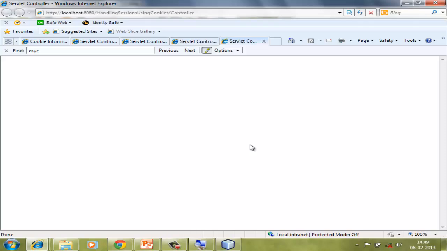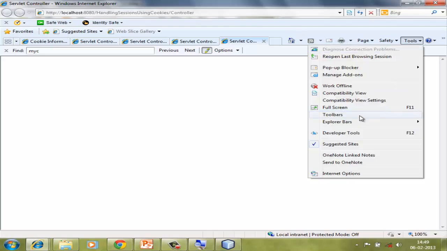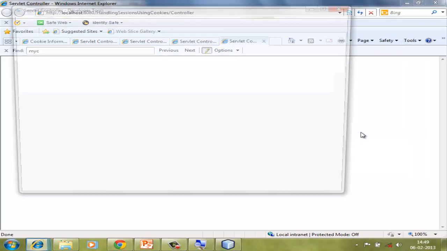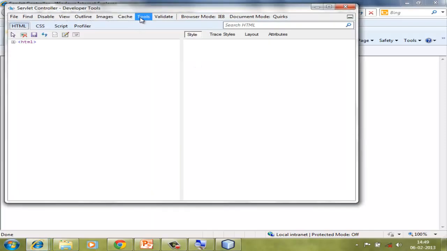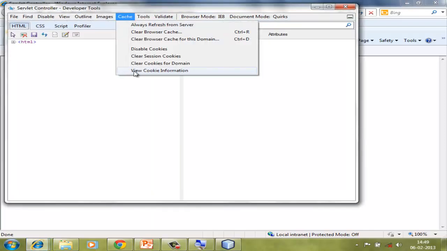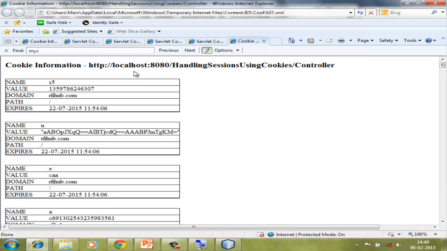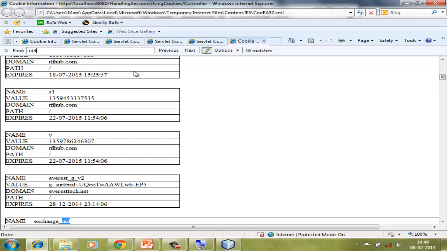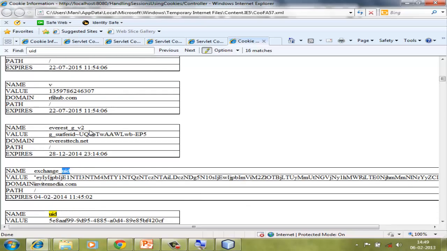Nothing will come, no doubt. You are not doing any great things here. If you press F12 and go to the developer tools, go to cache and view cookie information, and then press Control F for UID, you will notice that